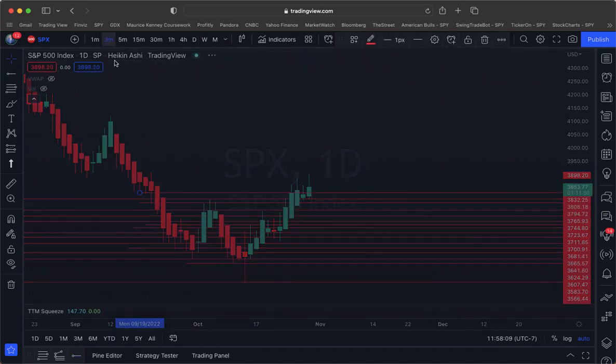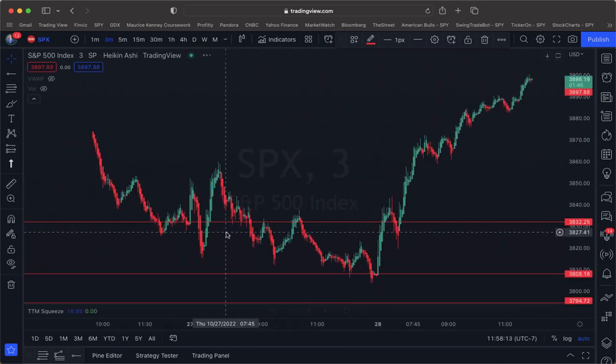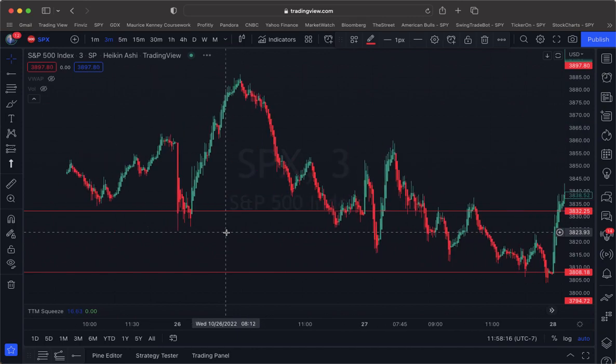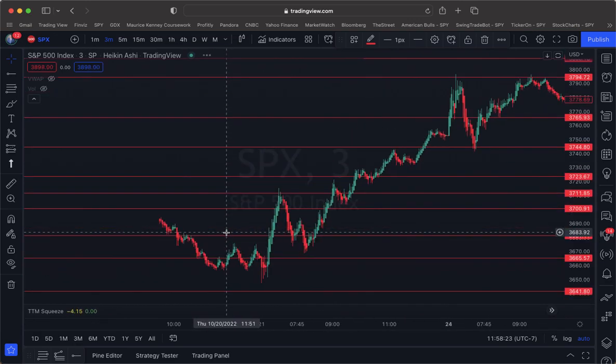But basically, now if we narrow down to a 3 minute chart, let's take a quick look and see, did price action respect these levels? Looks like they did, right? So let's just go back a few days. You can see, okay,